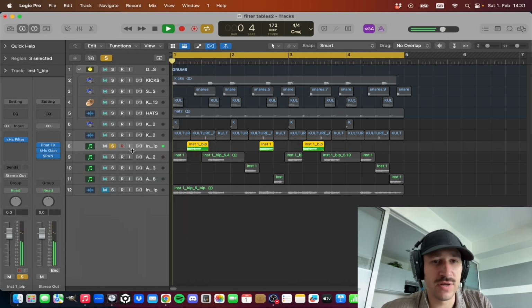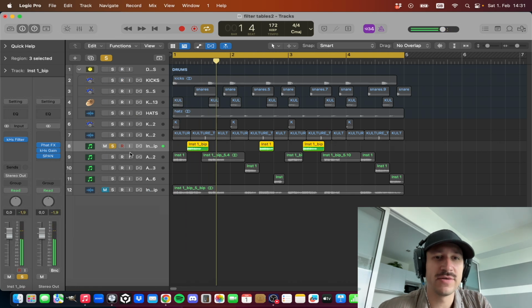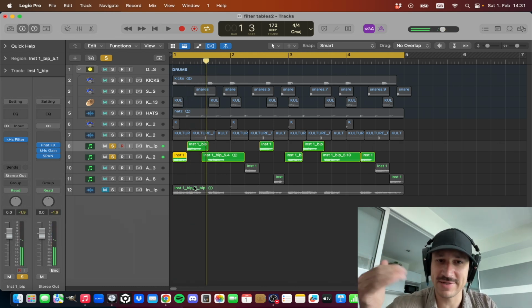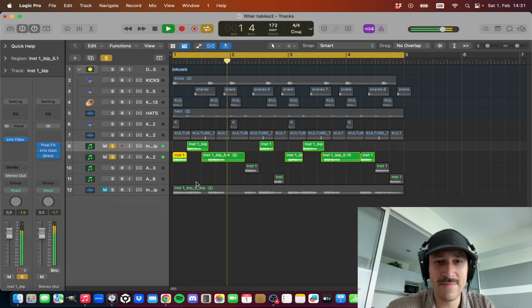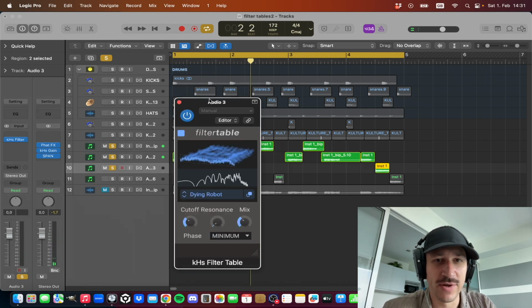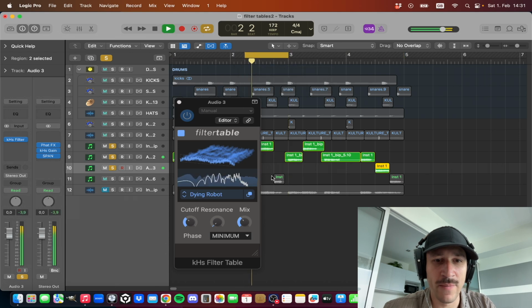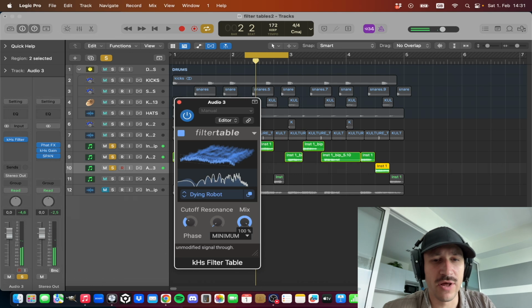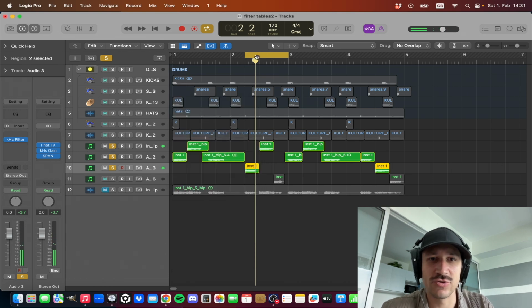And so this one's sort of a nice low-pass-y kind of feeling. So the normal one's flat, and then we go into a low pass, and then back to the normal again. And then down here I thought I'd do some more experimental ones. So here I've got the Dying Robot, but it's quite full on, and it took out a lot of the high end. So basically I just mixed in the Dying Robot. Gives it a vowel-y kind of